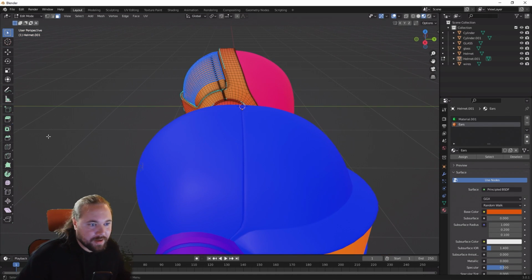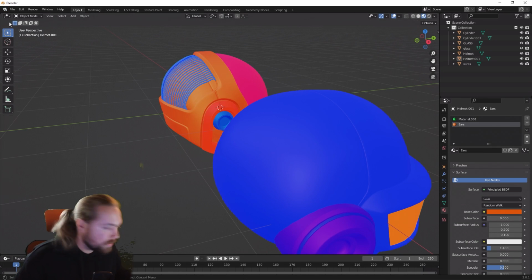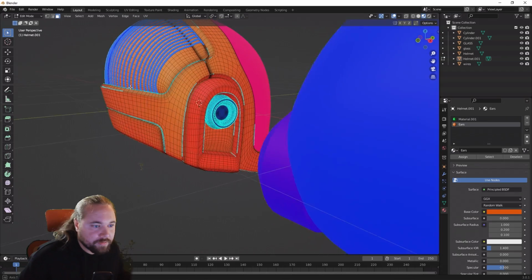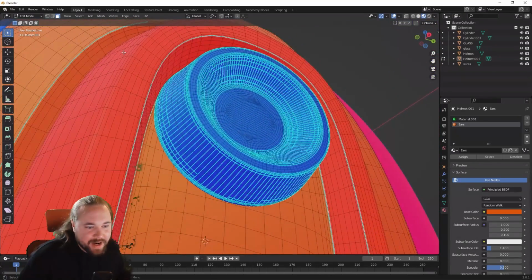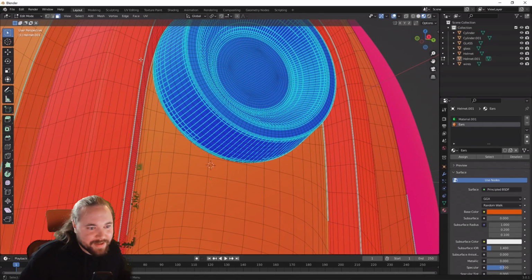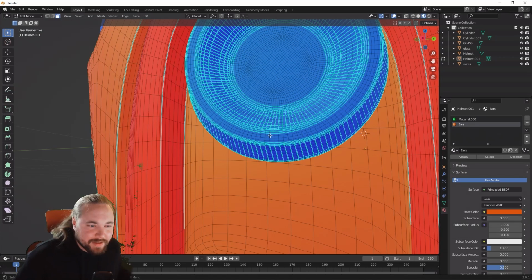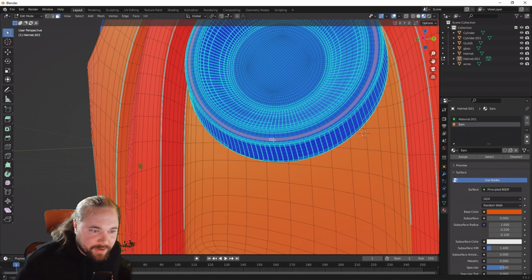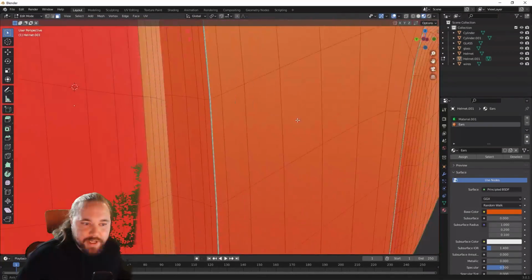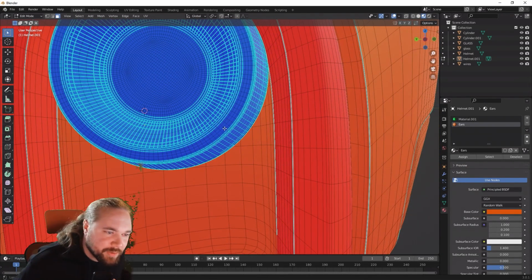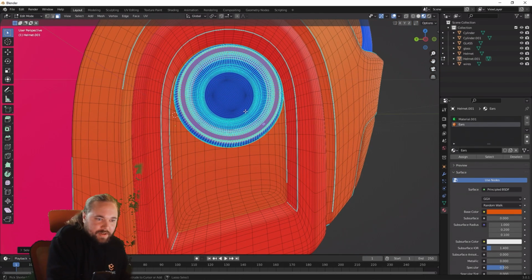So let's see if I can improve that quickly here. Sorry. These are really high poly. Let me think of a quick way to select all of those. This is really dirty, of course. Ideally, you will take a little more time to clean things up if you want to, but I'm just going to